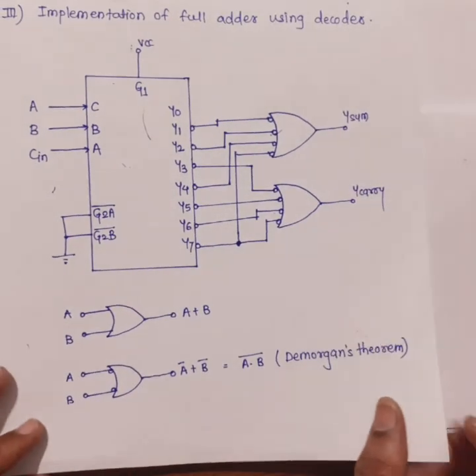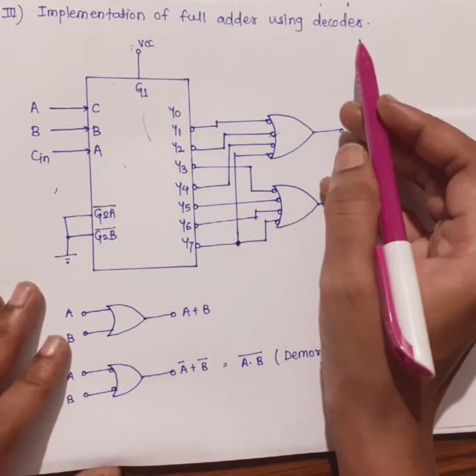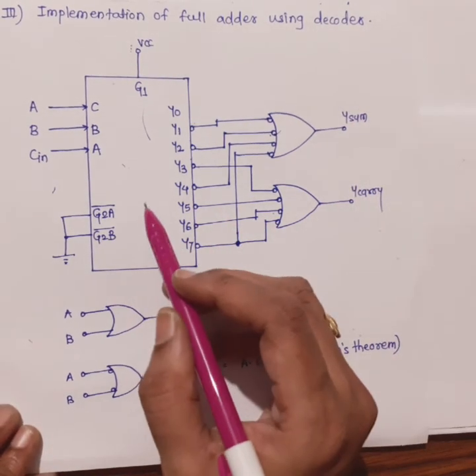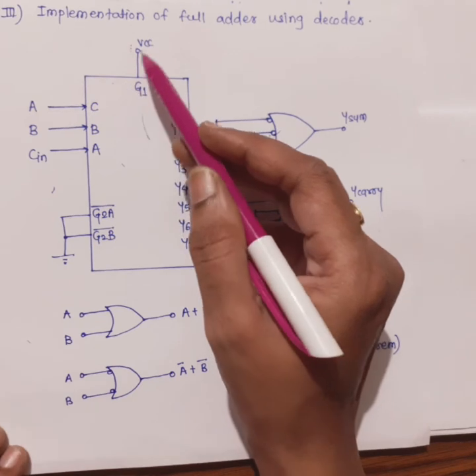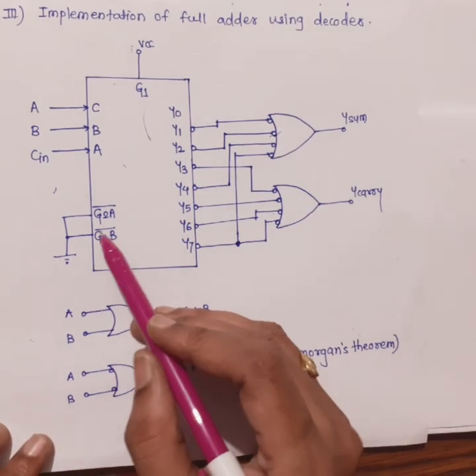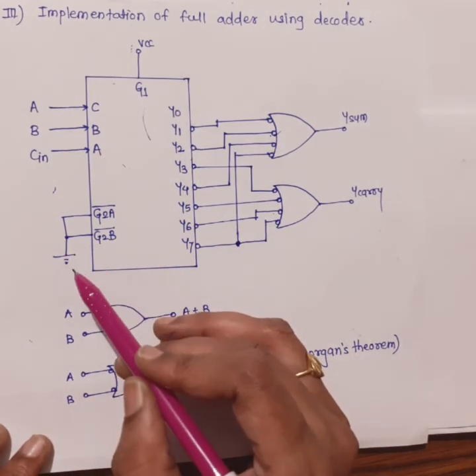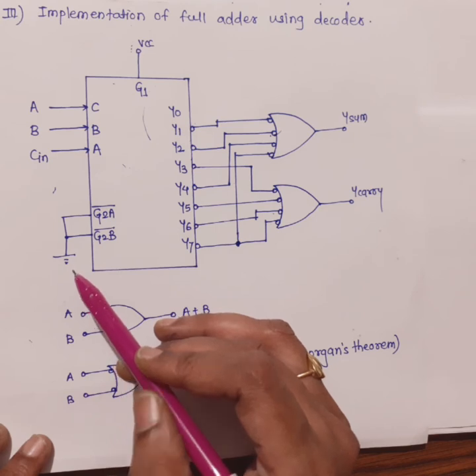This is the implementation of full adder using decoder. The decoder has got 3 activating connections. G1 is active high, that's why it is connected to the VCC. G2A bar, G2B bar, these are active low, so these are connected to the ground so that this